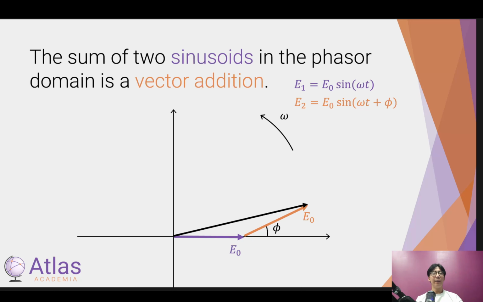Okay, so I think at this point I need to address something, which is that I've been drawing these vectors in some sort of abstract plane or space. So I think you might be wondering what these axes actually are. And in fact, if you do 4-unit maths in high school and you've worked with complex numbers, you may have already pieced together what's going on, which is really what we're doing is we're representing a wave as the vertical projection of a vector that sits in some plane. And this is exactly analogous to how we take the imaginary part of a complex number that sits in the complex plane